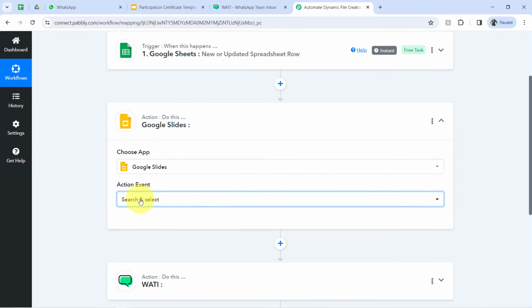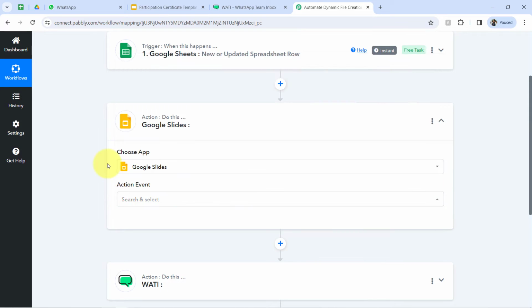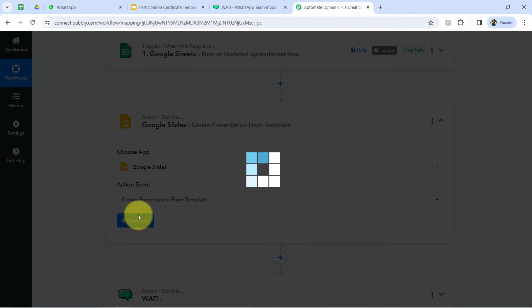Okay, so the application is already selected. Now selecting the action event, that is Create a Presentation. No, this is not that action event. Create a Presentation from Template. Yes, I was looking for the same, and after selecting the action event, I will click on that Connect button,